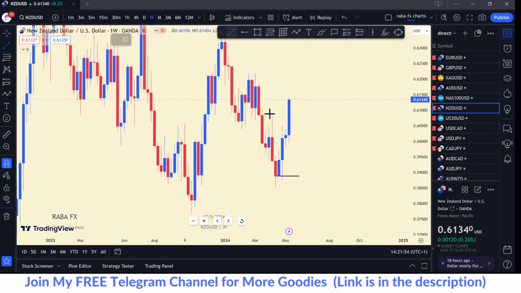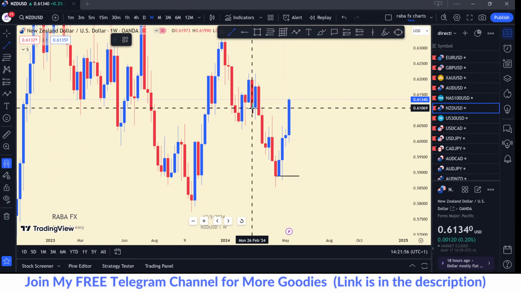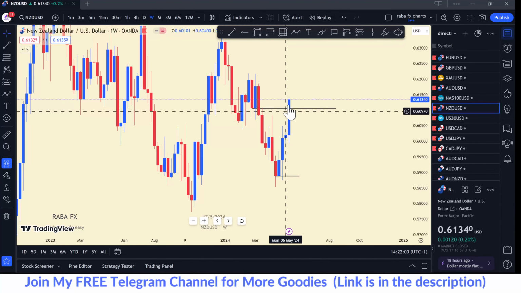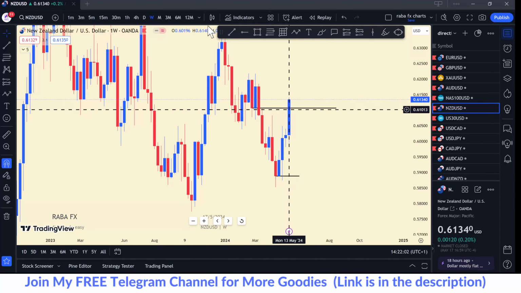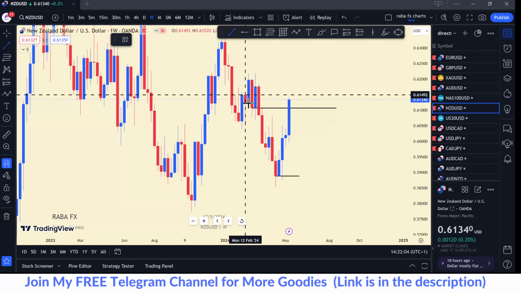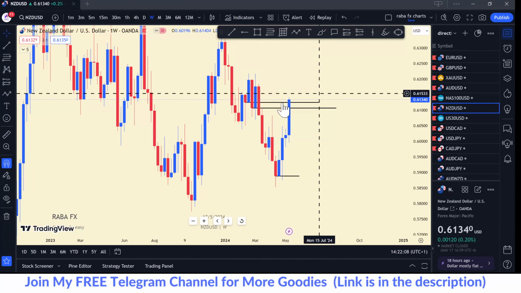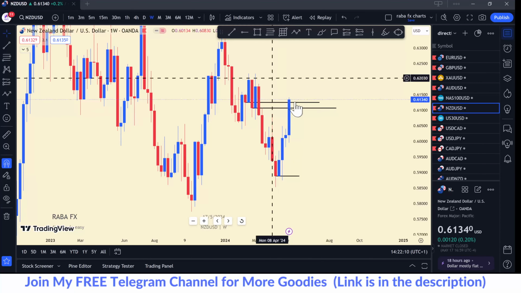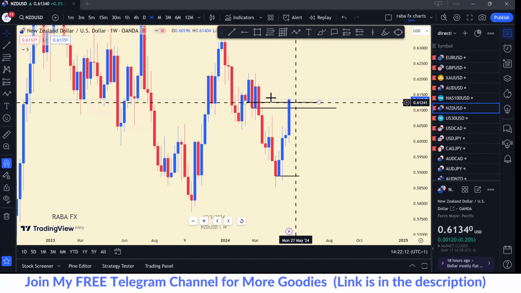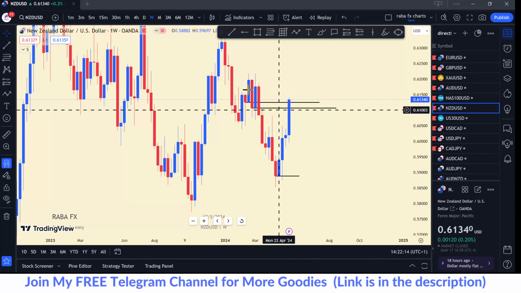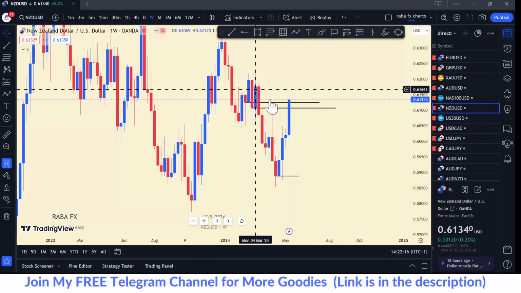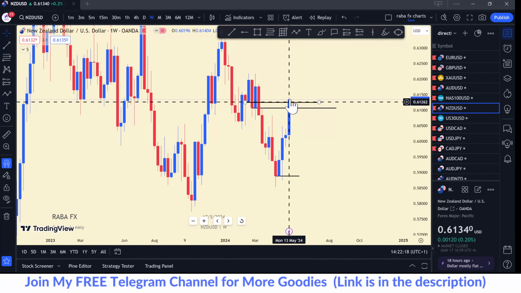So now, from here, I can see that the first opening price was this level. And what happened? Price closed above it. All right. Then we have this as well. Okay. If you don't know how to mark this, maybe this is the time you need to join the VIP so that you understand how I mark all of these zones. All right. So you can see here now, we close above it.